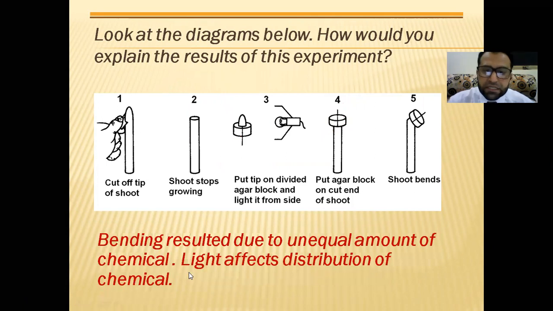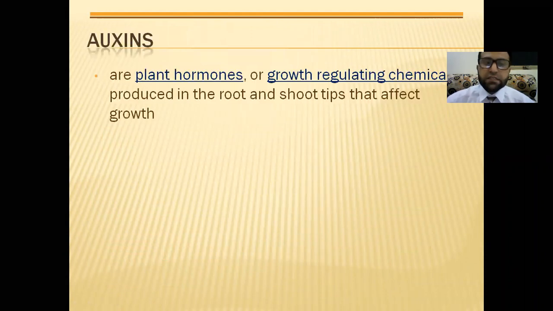Now, bending results due to the unequal amount of chemical; light affects the distribution of that chemical. So that chemical moves toward this part of the agar on the shaded side. All right, so what is that chemical? That is auxin. Auxin is a plant hormone or growth regulating chemical produced in root and shoot tips